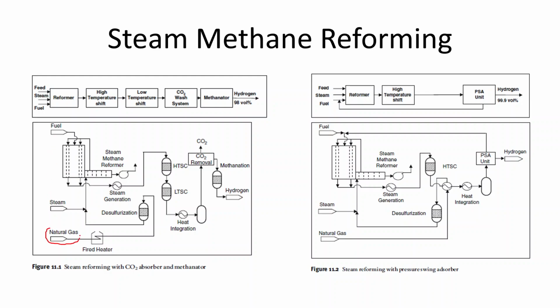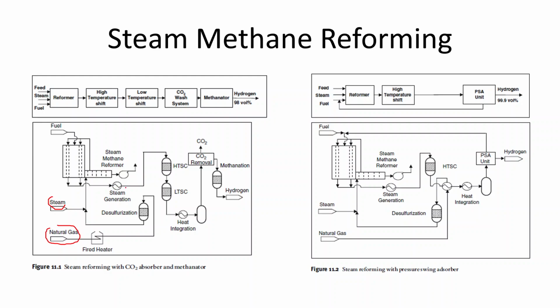We have natural gas over here. So we heat it up simply, and then we remove some sulfurs, and then we mix it with steam. Then it goes to this reformer, and we have some fuels, and then the outlet of this unit goes there, and because it's at high temperature, it